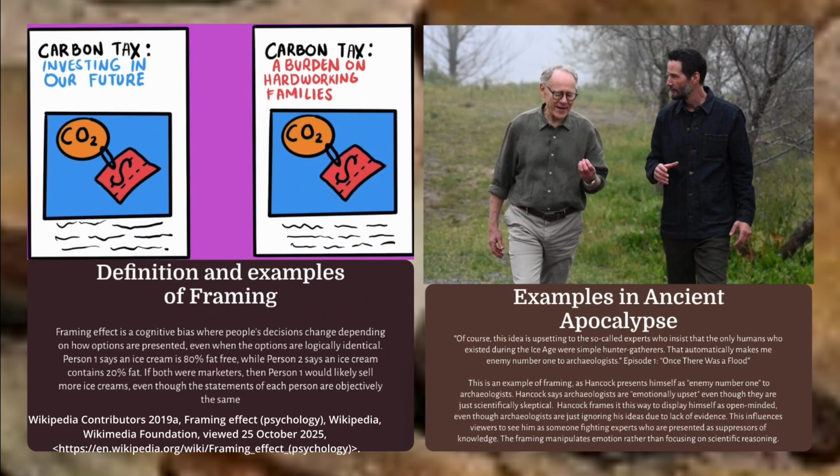Framing. Framing effect is a cognitive bias where people's decisions change depending on how options are presented, even though the options are usually logically identical. Person 1 says an ice cream is 80% fat-free, while person 2 says an ice cream contains 20% fat. If both were marketers, then person 1 would likely sell more ice creams, even though the statements of each person